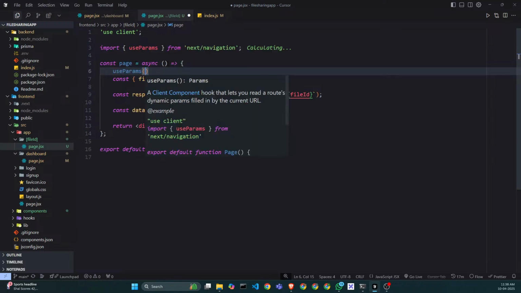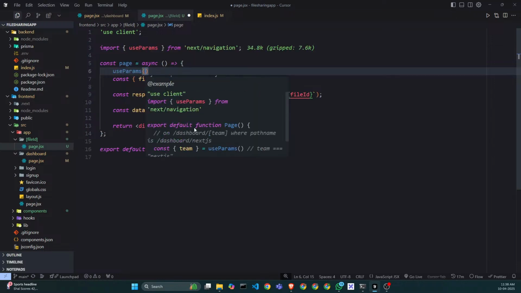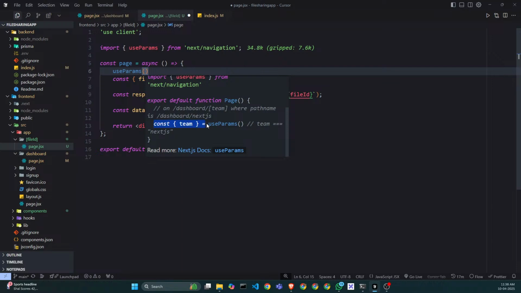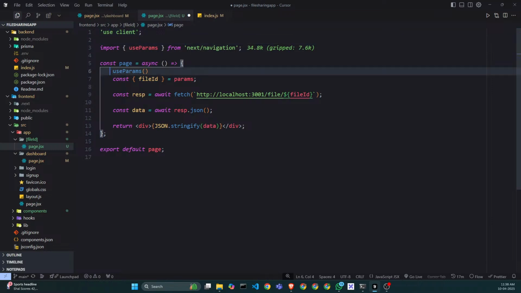Use params. So, client component. So we can get the params like this; earlier it was a server component. Okay, now we are getting clients. So we can get here